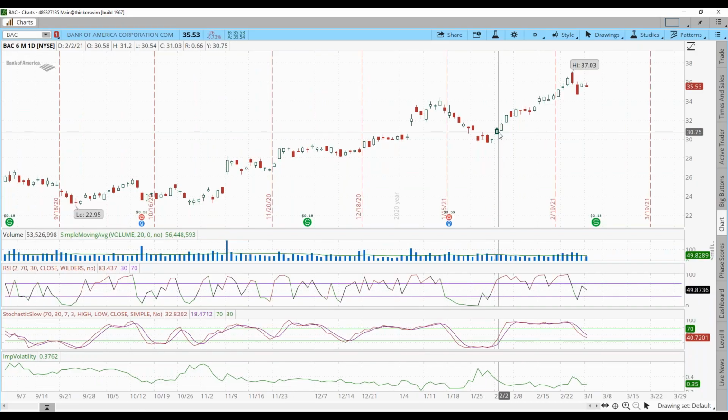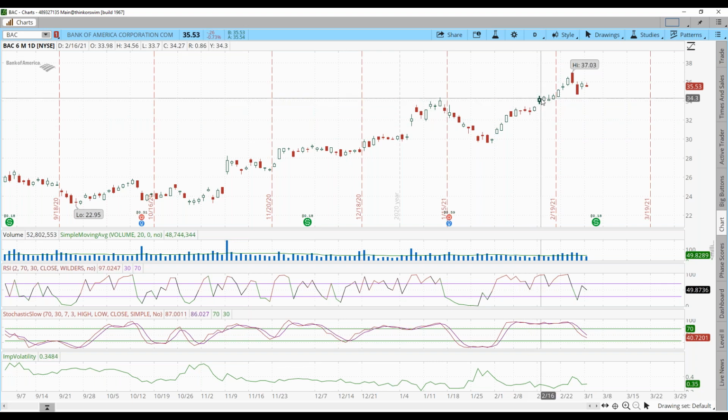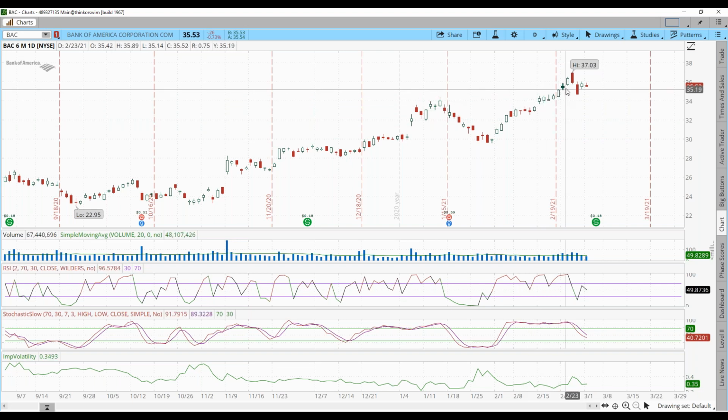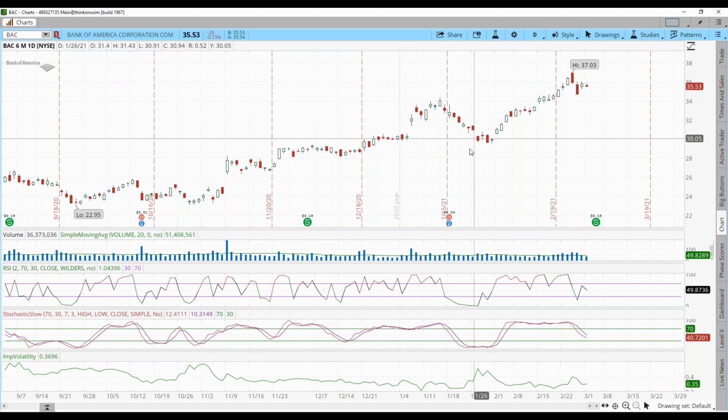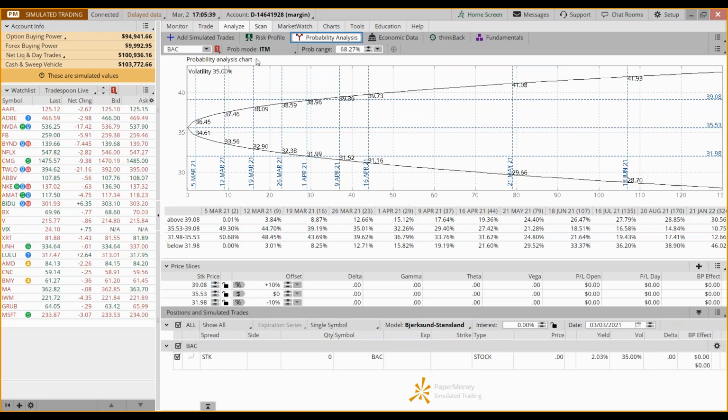What do we have here? 1, 2, 3, 4, 5, 6, 7, 8, 9. So about 9 days before we're like, okay. So I need about 9 days. 9 days is how long I'd be in this trade. That puts me to about next week, maybe the week after. So now I can start looking at this trade and establishing the parameters.